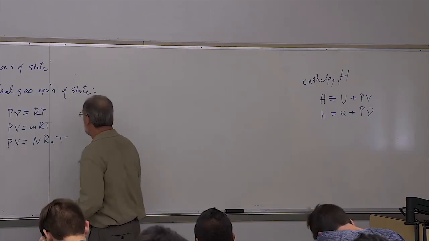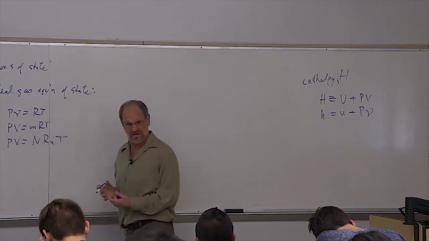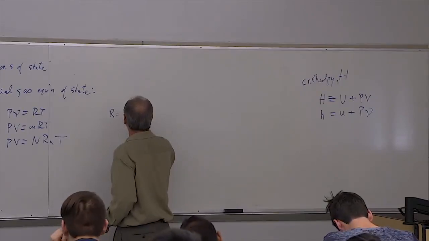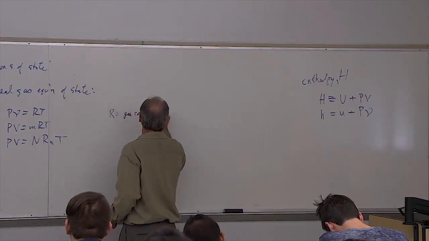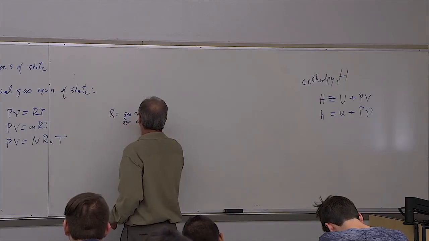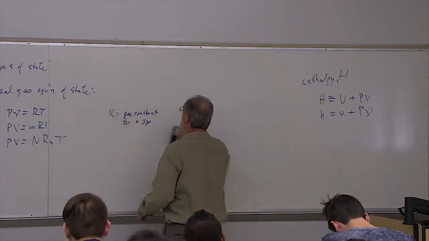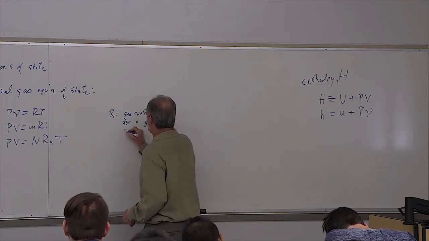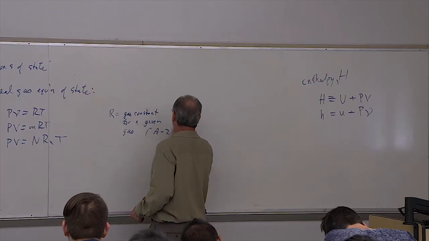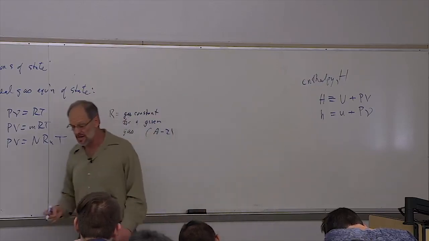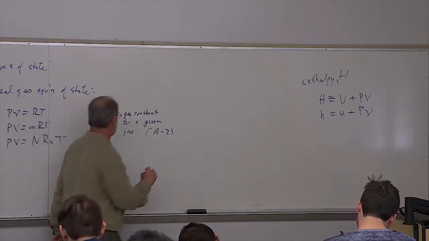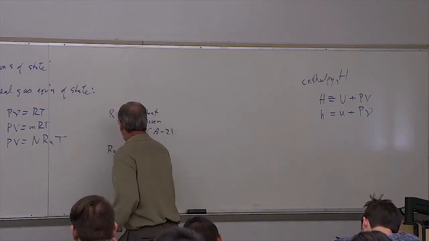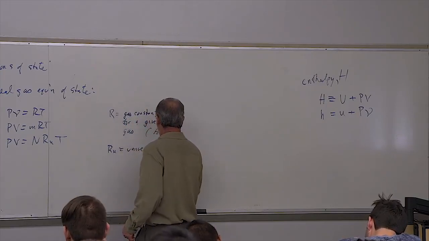Nonetheless, these are just different versions of the equation of state. Let's keep in mind that R and RU are different, right? R is the gas constant for a given gas. And the data is going to be in table A2. That's where you're going to find the gas constant data. And the data is going to have different units than RU. RU is what we call the universal gas constant.